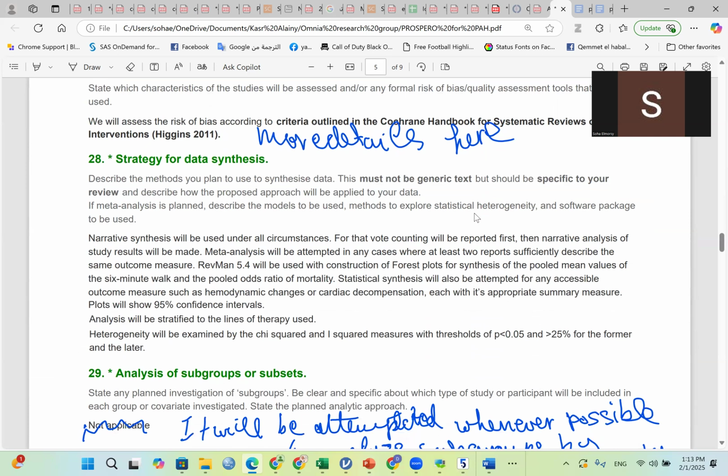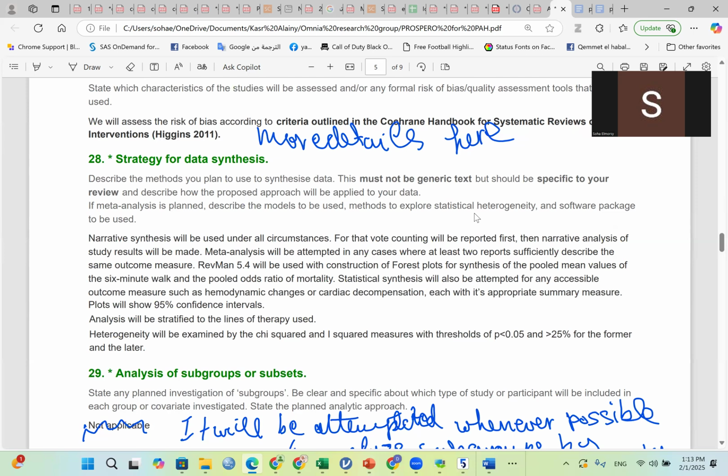Then your strategy about data synthesis. I advise you, if you think there are not too many primary studies, and if you think from your preliminary research that the outcome measures are not very homogeneous, and you expect heterogeneity, especially in the way the outcome is measured.